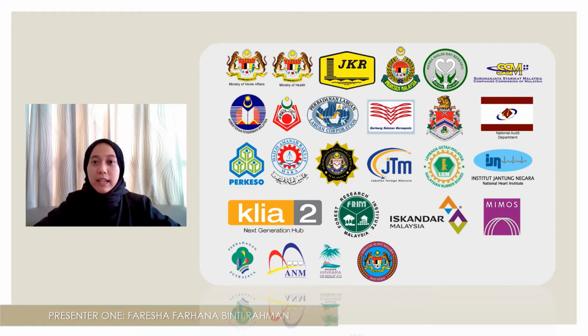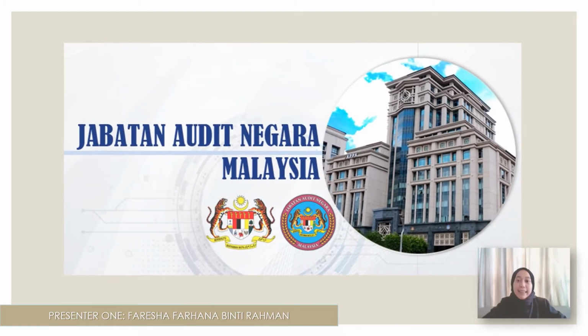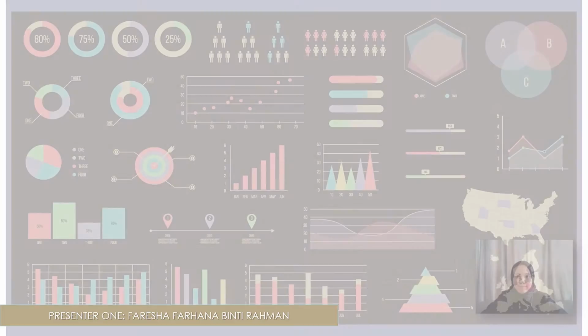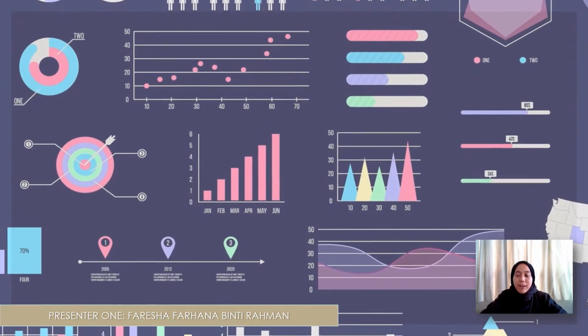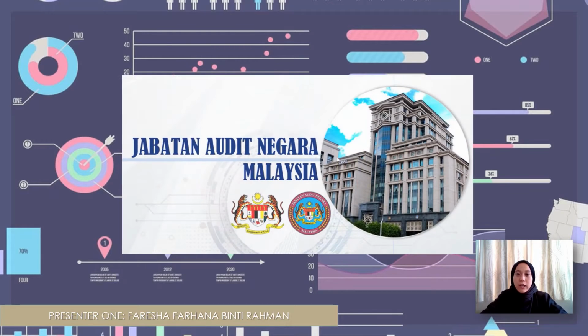Therefore, nowadays, many government agencies realize the importance of text analysis of text documents, including the National Audit Department of Malaysia. The National Audit Department of Malaysia is a government agency that is responsible for auditing financial affairs for ministries and government agencies. Their role is very important in order to increase the accountability of public management. Therefore, in this research, we are collaborating with the National Audit Department of Malaysia to focus on the text data analysis of the Malaysia Auditor General's report.